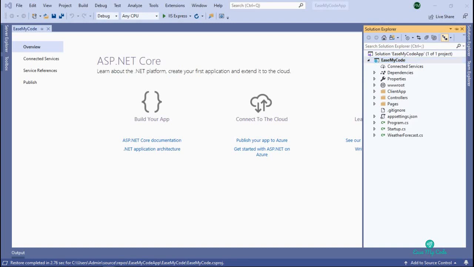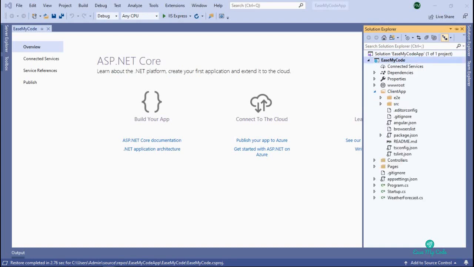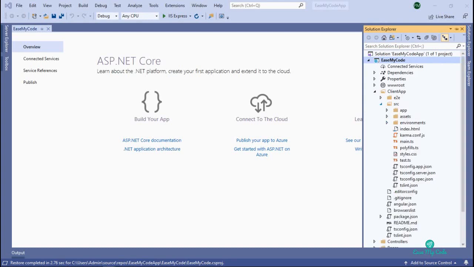Okay, so before we start, let me also go through how the workflow of the Angular application happens. I told you in our last video that the client tab contains everything related to Angular CLI, but let's also go through the workflow of the Angular application. Whenever we run the application, the first thing that is hit in our Angular application is the index.html file. Now you can find the index.html file here inside the source folder. Okay, let me open the index.html file.